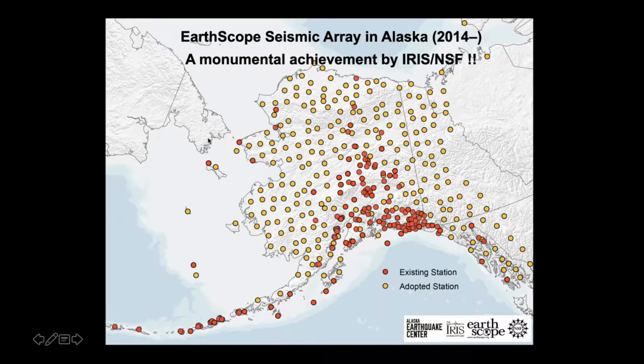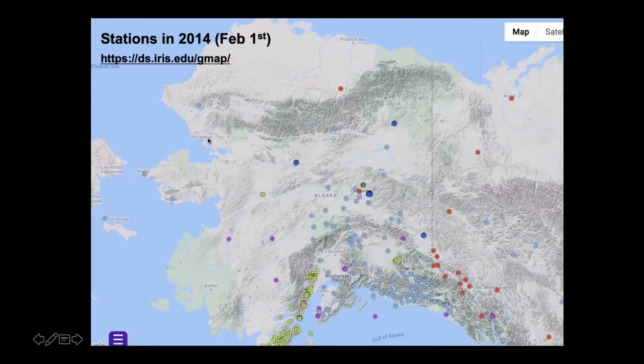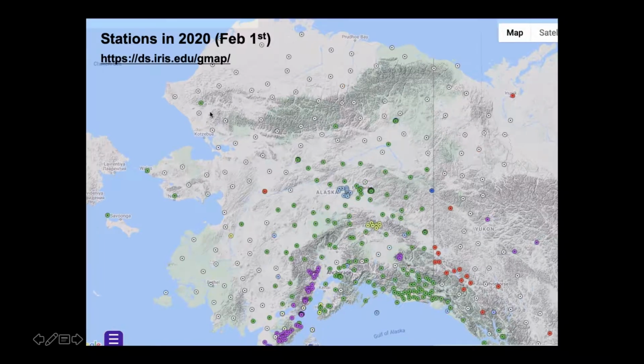So just to show this in another form, if you go into IRIS web services, they've got tools where you can just say, show me all the stations in the data archive at this moment in time. Here it is in 2014. This is a large chunk of land out here with no seismometer, and that makes it hard to understand what's going on in earthquakes in the region and to image the structure. Here it is now. So all these dots are stations live right now,